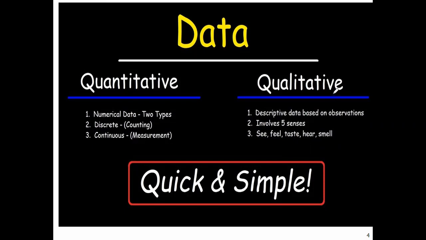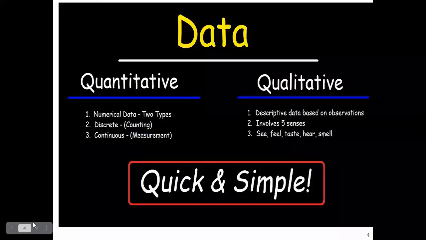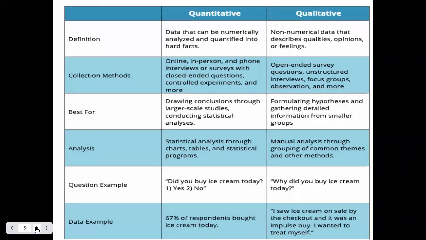Data has two parts, qualitative and quantitative. Quantitative data totally depends on numerical data. We can say it is counting, some measurement data is there, and qualitative data depends upon observations. We'll see in detail what exactly the difference between these two parts is. Just see this next part here.